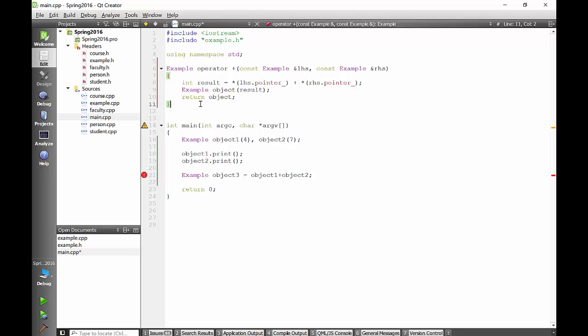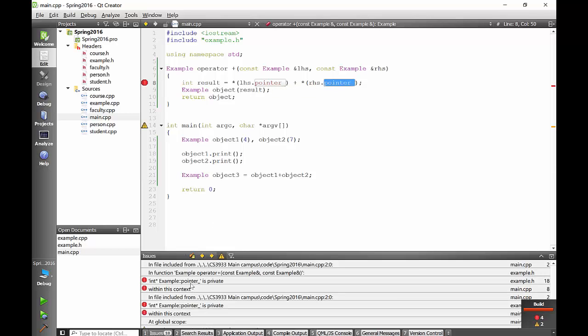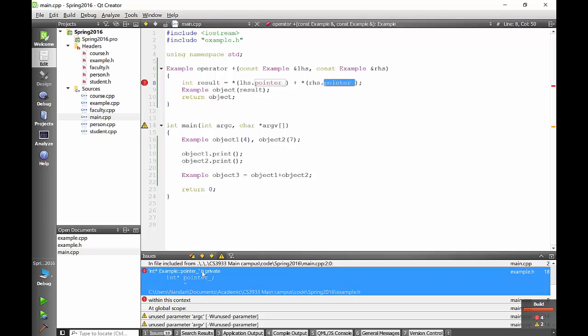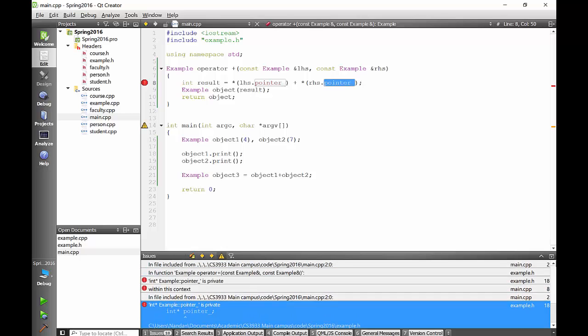So this should work fine if we have access to these values, which unfortunately we don't, because these are private members, and that's what our compiler will tell us: on line 8 you can see the pointer is private. Same thing for line 19. Now we see that the other error has gone away, which we saw earlier, that there is no plus operator. So we do have a plus operator now, but the problem is that we don't have access to these values. So one way is to create